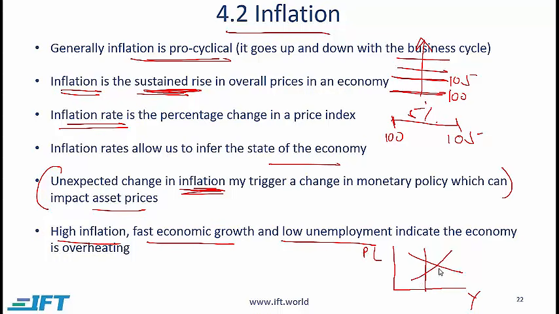What we are talking about here is a situation like this. Aggregate demand, short run aggregate supply, the real GDP is above potential. Here we have high inflation, price levels are relatively high. Being to the right of potential GDP means that we have low unemployment, fast economic growth. So this means the economy is overheating and chances of inflation then are very high.